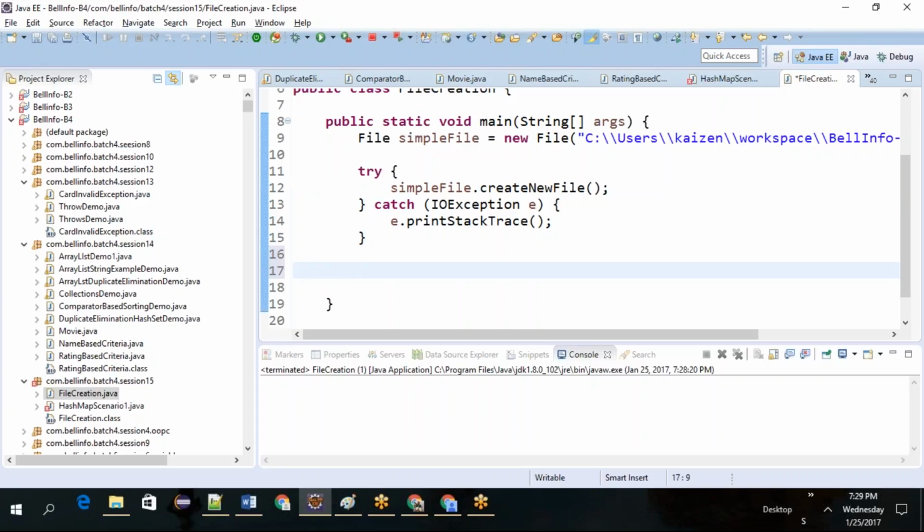Can I go directly in this file input stream? So let's try. File input stream, fs. I didn't explain this page. So